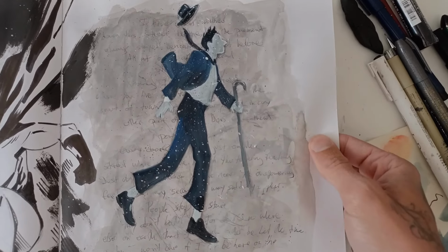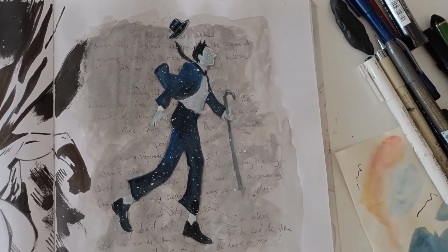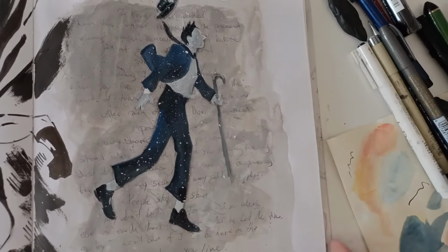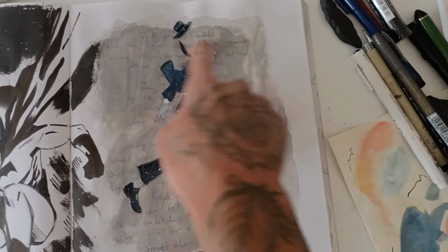I don't really like musicals. I'm not a musical fan, but I think this song is really nice. And then a lot of people have done it. Dean Martin, Nat King Cole. There's a lot of different versions. But anyway, what I did was I just wrote out the lyrics to the